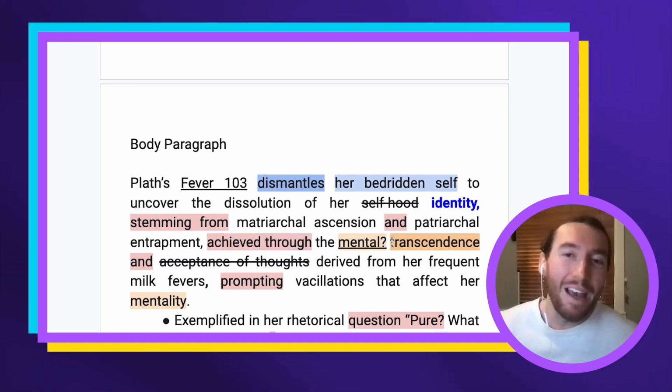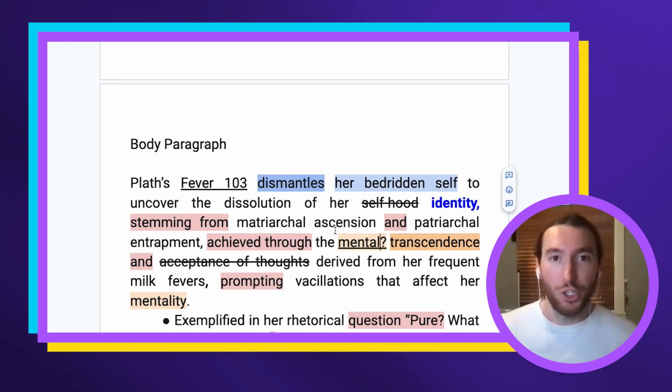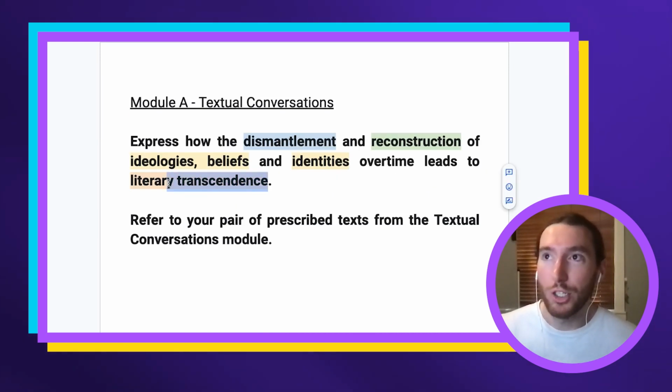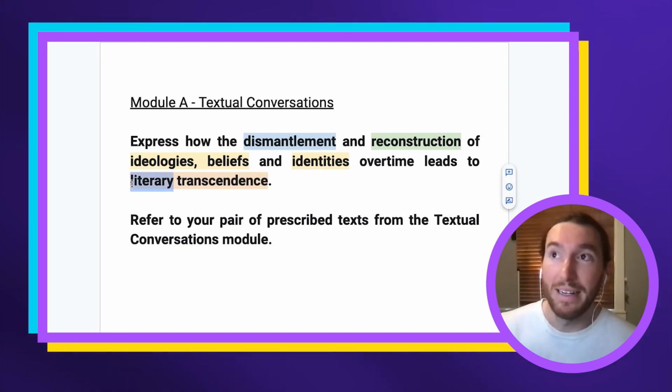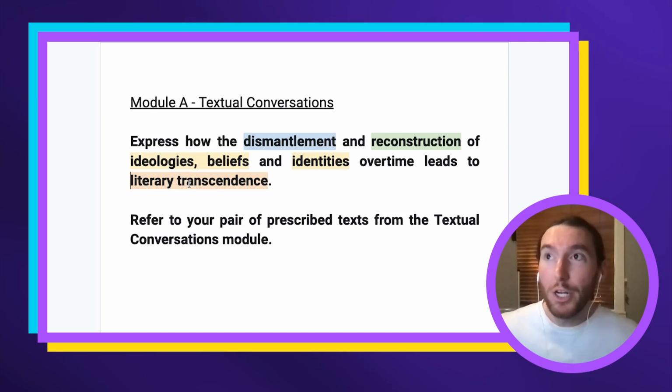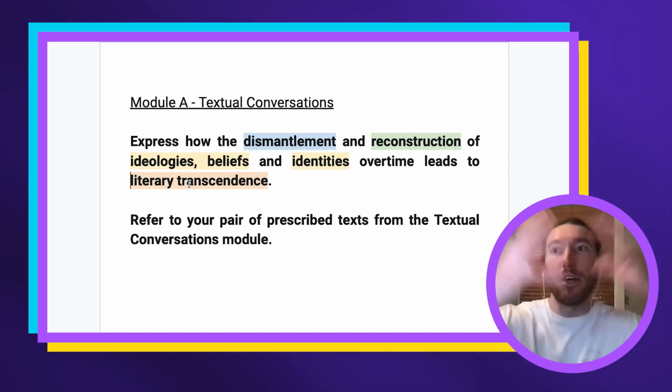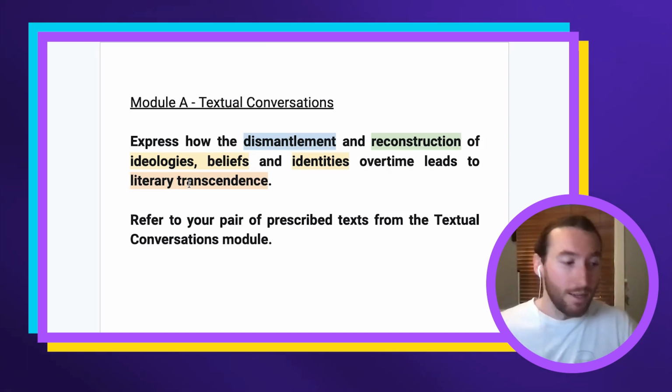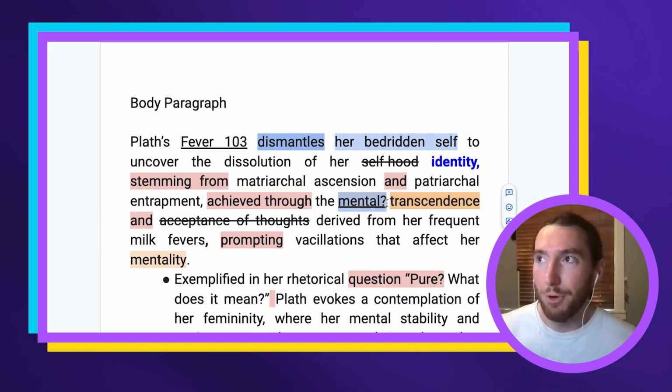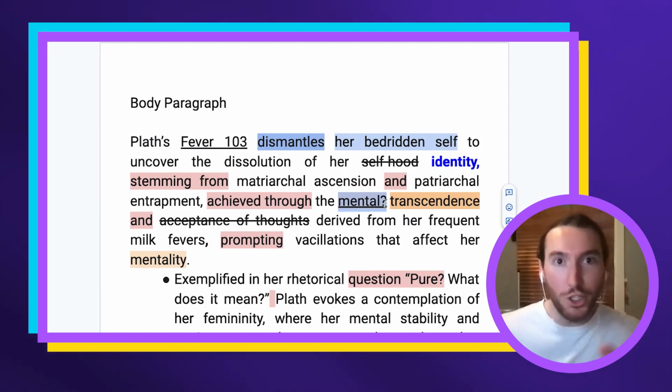Now, good effort here to go beyond the question by using an adjective before the actual keyword of the question. Remember that transcendence was there. It was actually literary transcendence. So the question already provided the type of transcendence, literary transcendence, the ability for a text, a product of literature, to actually go beyond its immediate context. We've kind of changed it here and gone, okay, well, I want to go beyond the question. I don't want to just repeat the question.